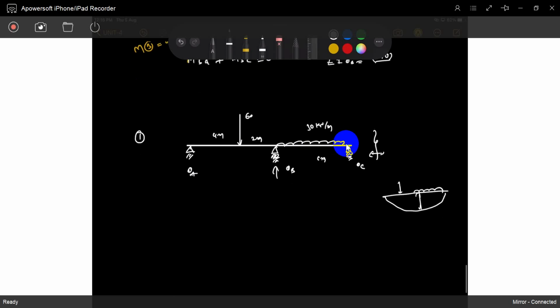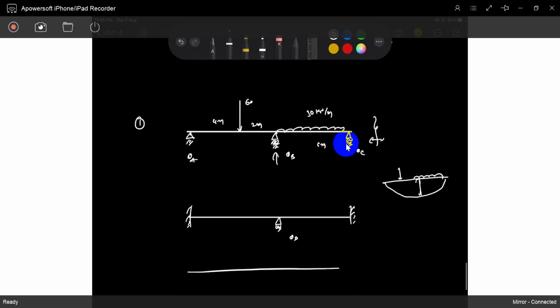If you see, last class we solved this problem very easily, because it has only one indeterminacy, theta B. So today we solve some more equations. Today we solve two problems. This one is easy, this is somewhat moderate, this is difficult in deflection methods, because the kinematic indeterminacy is increasing.